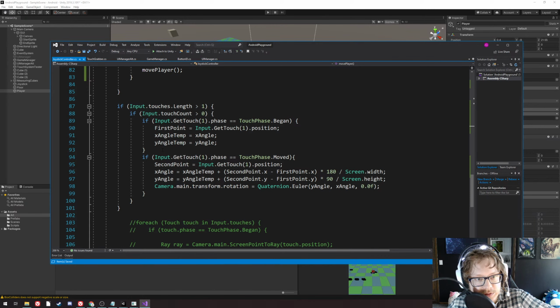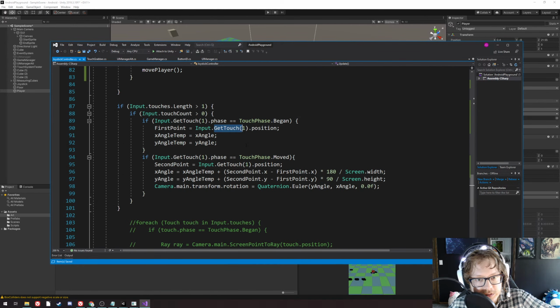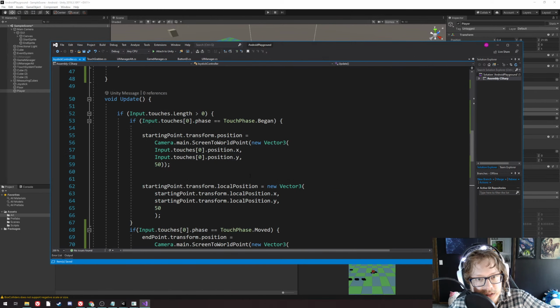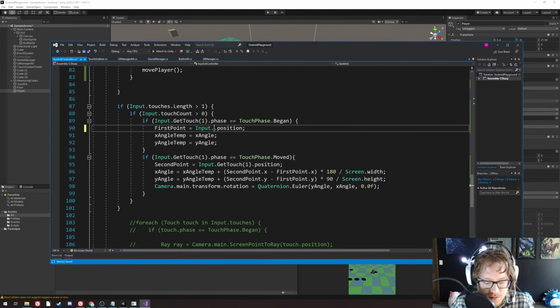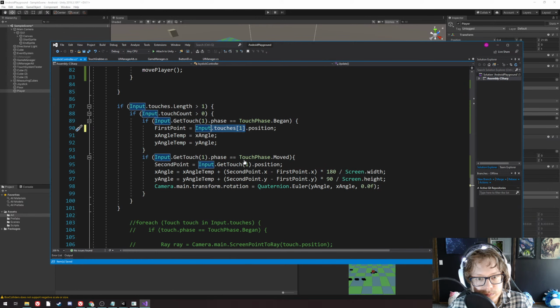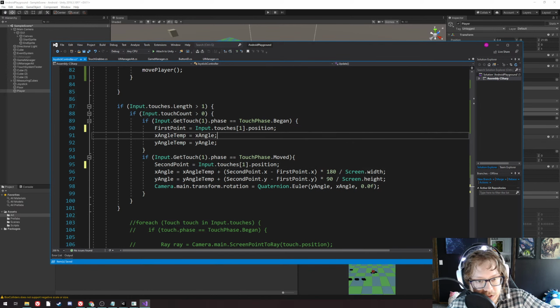So I have the same system here. When you touch down on the first point, it locks in that position, and just to show you here, there's a lot of different ways to get the touches. You can get the array, or you can use get touch, and it'll return the touch of whatever from the array for you. So actually, it doesn't matter. I could do that. I could do it the other way. Fun, right? And then I'll just interchange them to show you. And then I lock in